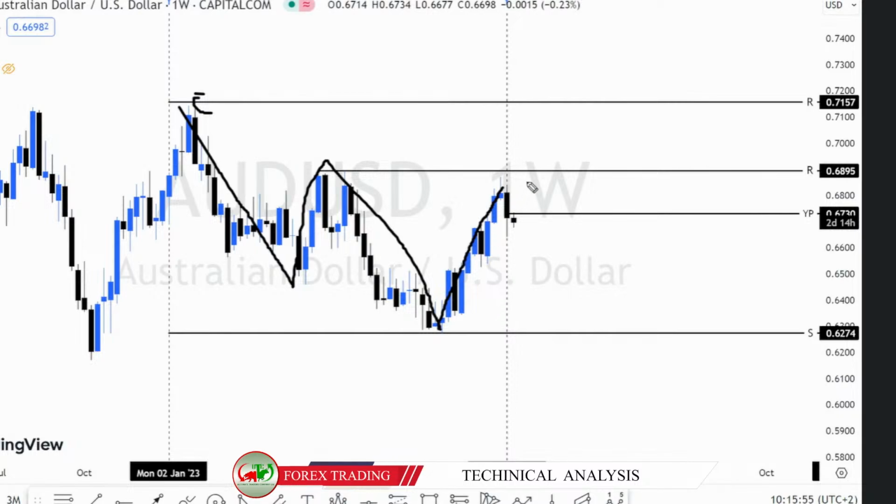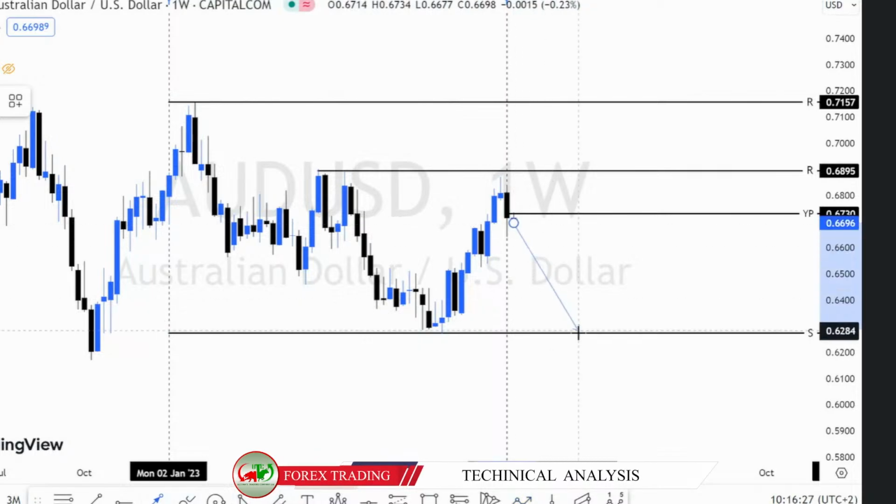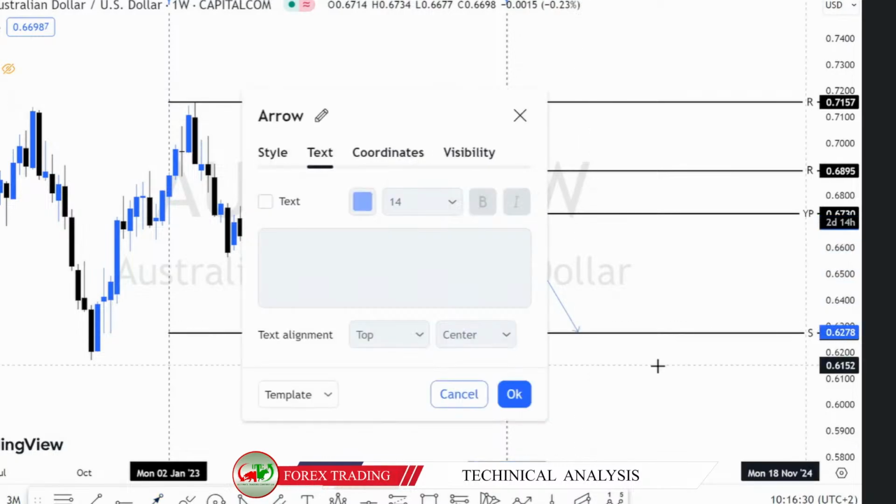So it could be possible that this was a pullback, and we see this bearish engulfing candlestick pattern or evening star we made with this first week of 2024. So it could be possible that we're going to make a new impulsive move. We do expect this downtrend to continue in 2024. Okay. So generally, for AUDUSD, we are expecting to see at least AUDUSD dropping to this support around